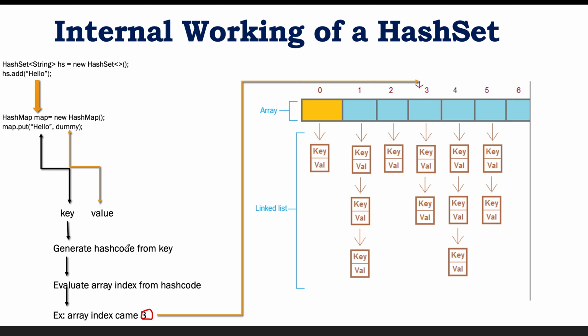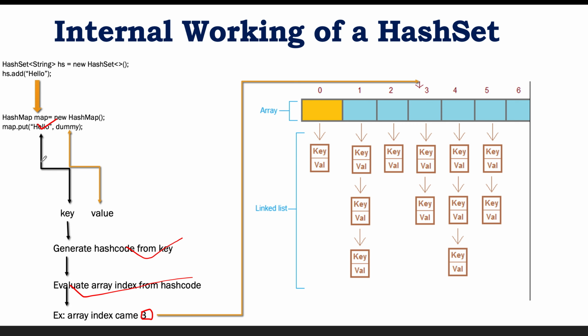So how is it going to maintain uniqueness? First of all, let's say the first element we inserted is hello. It created the map, generated the hash code, and from the hash code it got the index 3, so it inserted here at 3. Now let's say we are trying to insert the hello value again. It will generate the hash code, then again get the index from the hash code, and let's say this time also it gets 3. So it tries to insert inside the map, and it will see that 3 is already occupied. Here it will flag that this element is a duplicate, so there is no need to insert it.